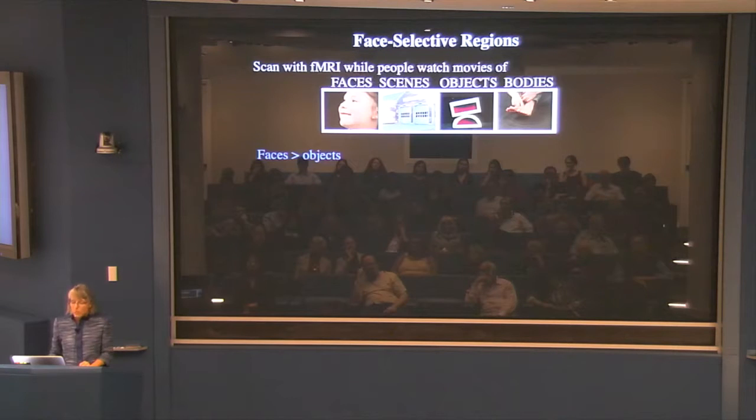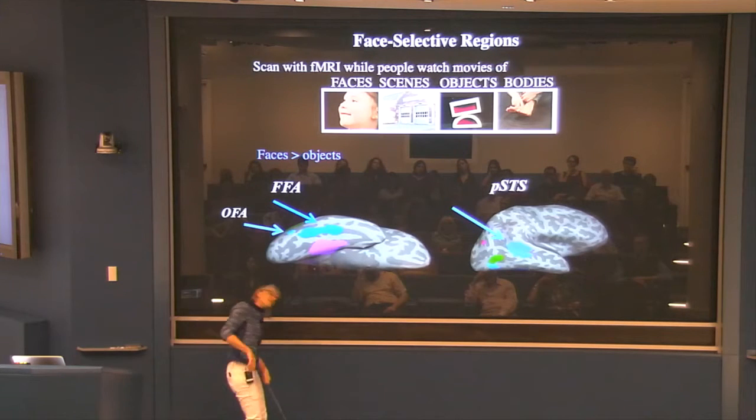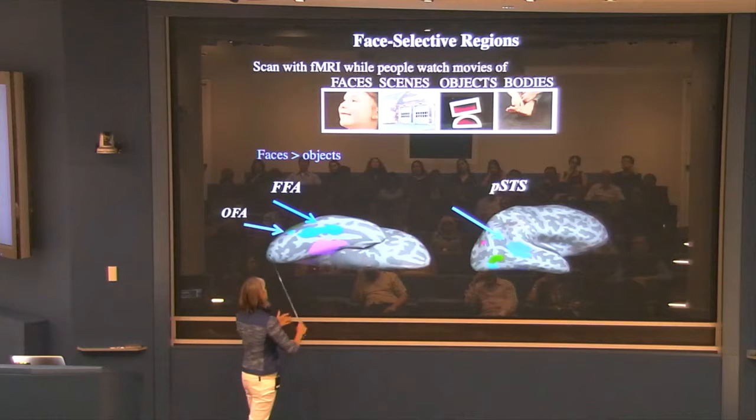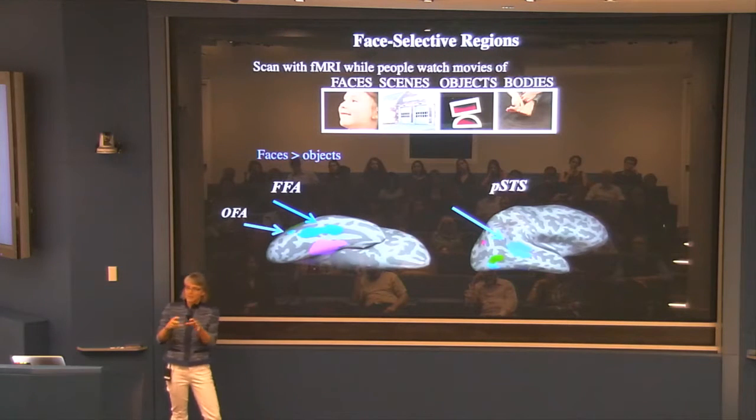And so the way you find those face processing regions in pretty much any subject is to scan them in a paradigm like this, and then just do a contrast over the whole brain and say, show me the regions that respond significantly more when subjects are looking at faces and objects. Okay, when you do that, you get a bunch of regions, like these blue ones here. This is a bottom surface of the brain. So if you looked at my brain this way, this is the temporal lobe here, back of the head, front of the head. Everybody oriented? It's inflated so you can see the whole cortical surface. The dark gray bits are the bits that were inside a sulcus, a fold that got inflated so you could see it.